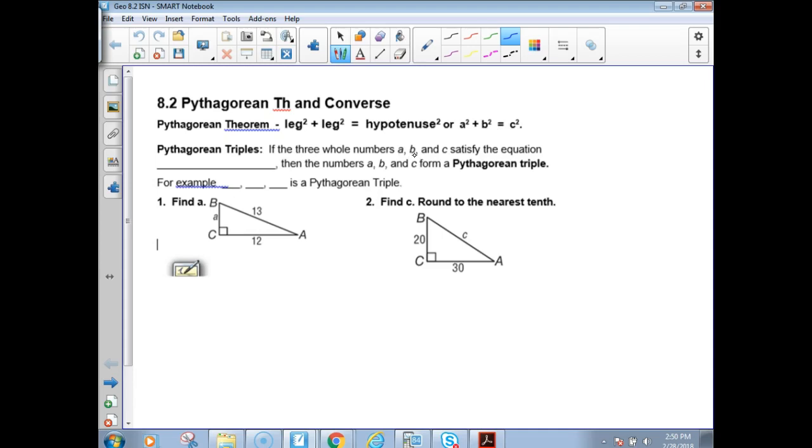If three whole numbers, a, b, and c, satisfy the equation a squared plus b squared equals c squared, and they're whole numbers, what does that mean? Whole numbers are numbers like